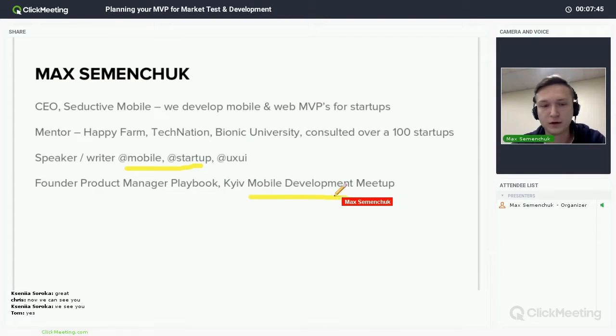Also, recently we've opened in Kyiv, we're based in Kyiv operationally, and we launched a mobile development meetup, and we gather the best speakers to talk about that. And we also have a blog about doing products right, the Product Manager Playbook. You can check it out afterwards.